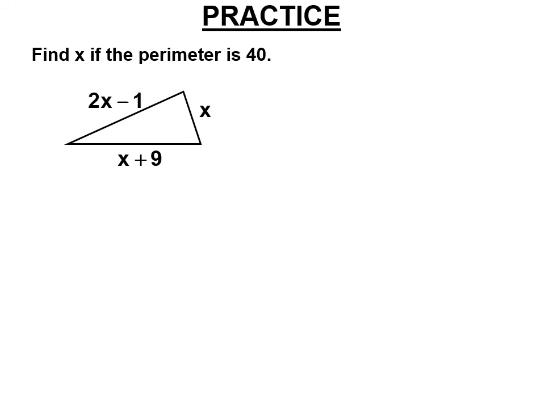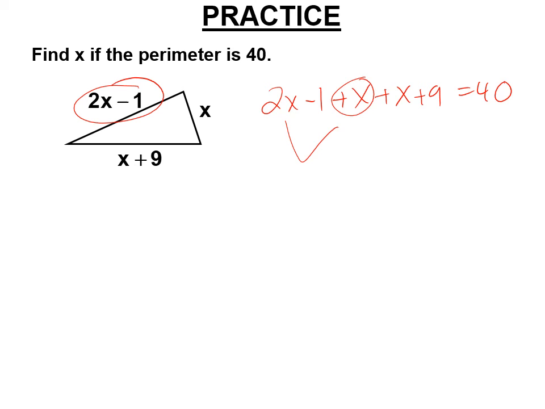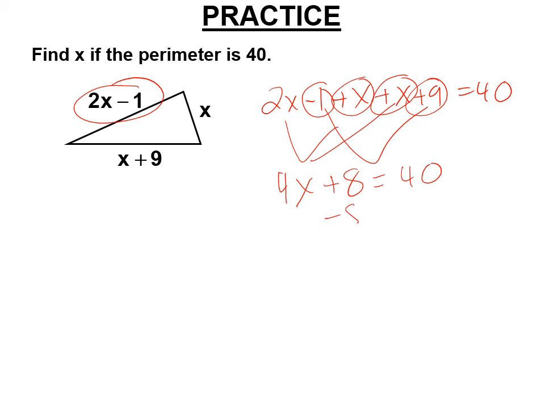Find the x if the perimeter is 40. So we're going to add up all the sides. 2x minus 1 plus x plus 9 equals 40. 2x plus x is 3x, plus another x is 4x. Negative 1 plus 9 is positive 8, plus 8. There's our two-step. Subtract 8 from both sides. 4x equals 32. Divide by 4, and x is